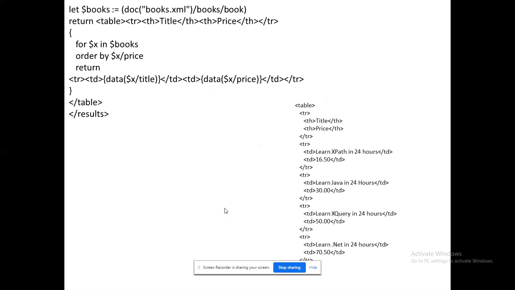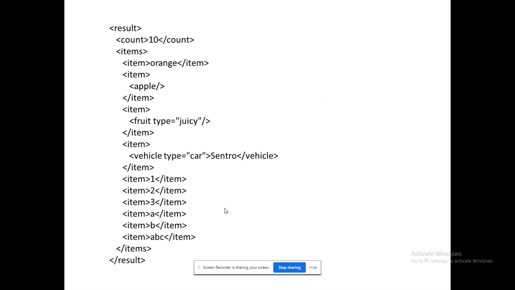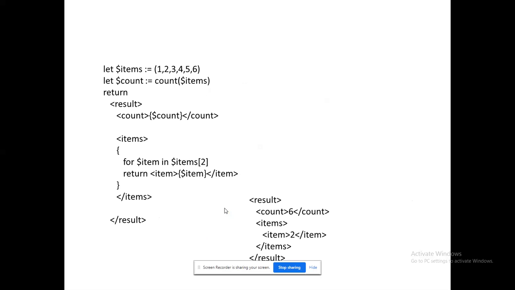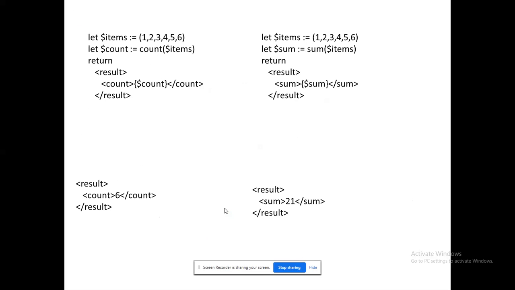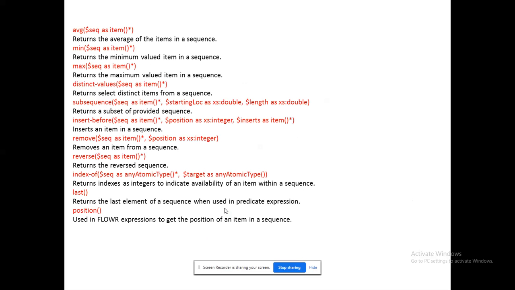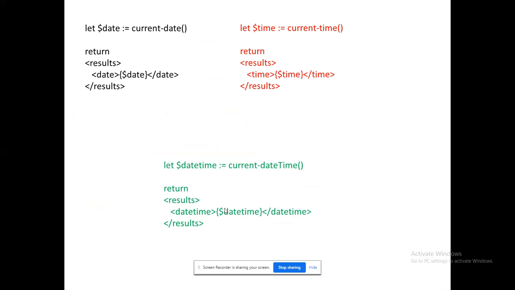So that's the idea. HTML plus XQuery I could combine and use. That's also possible. I could generate my sequences, nothing but a list of the corresponding data, right? I could manipulate the list also. These are some of the examples for the list. As well, I have aggregate functions, which are also available as in my SQL, right? Average, minimum, max. Likewise, I have the aggregate functions which are ready to support in XQuery. That's also available here.